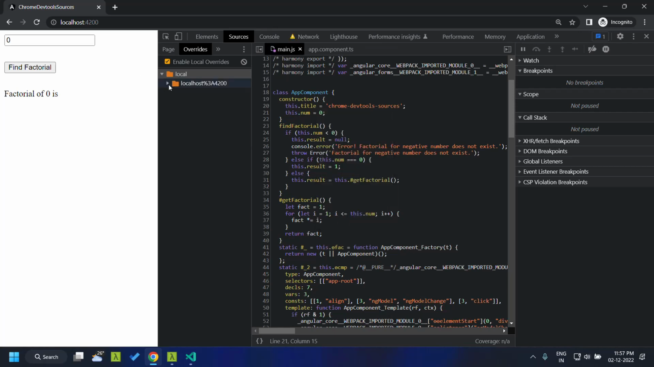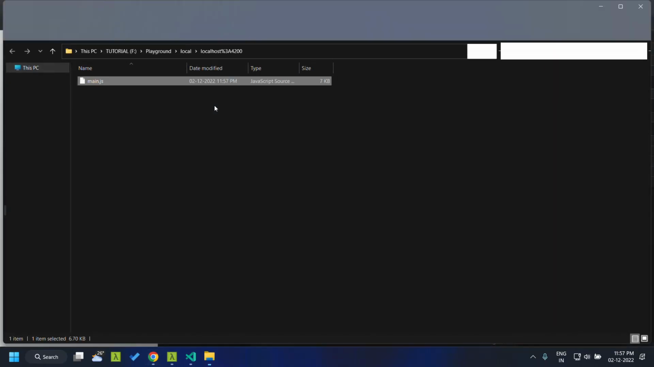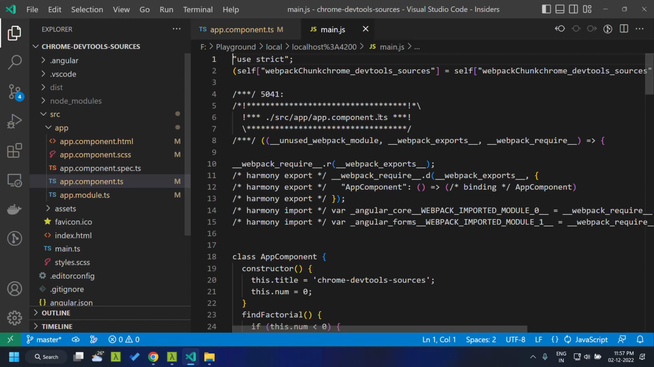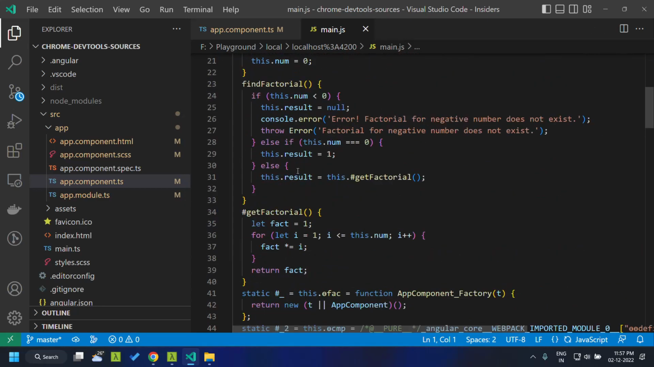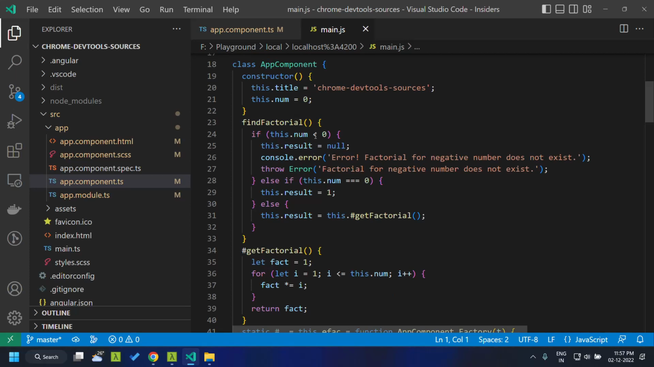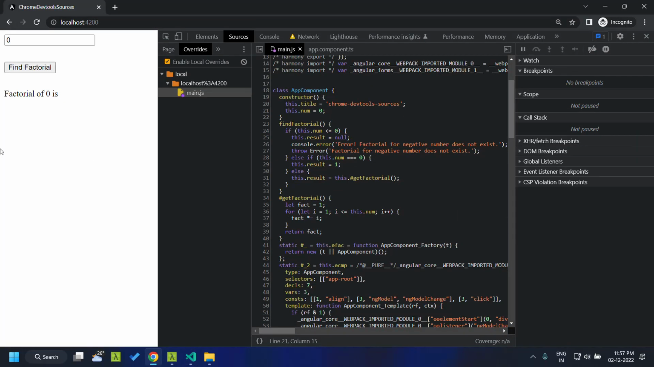So once you click on that, you can see that there's an entry here, main.js, and you can use the open in containing folder option. So here you can see that the code is here and you can directly make the change here. So in this scenario, I am going to add the less than or equal to, and now